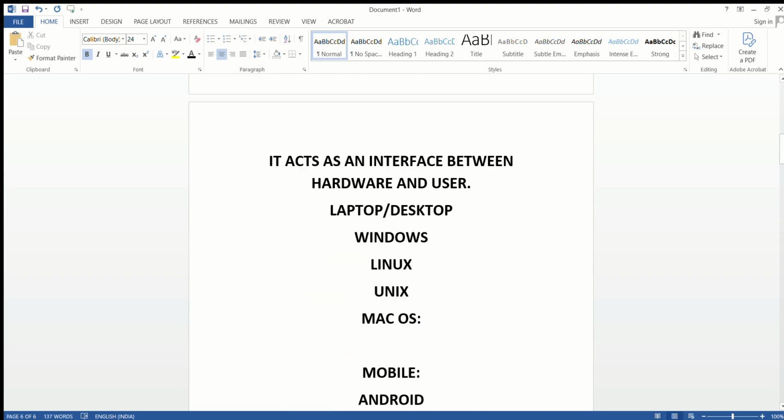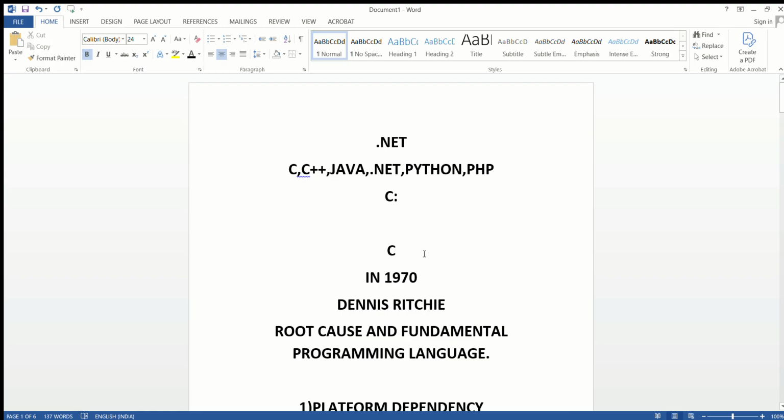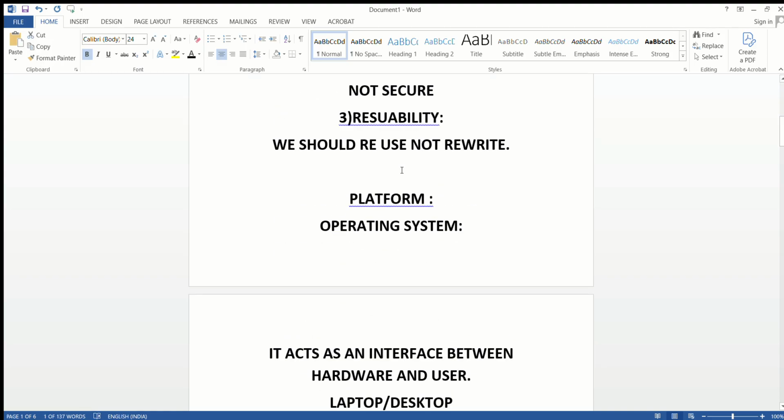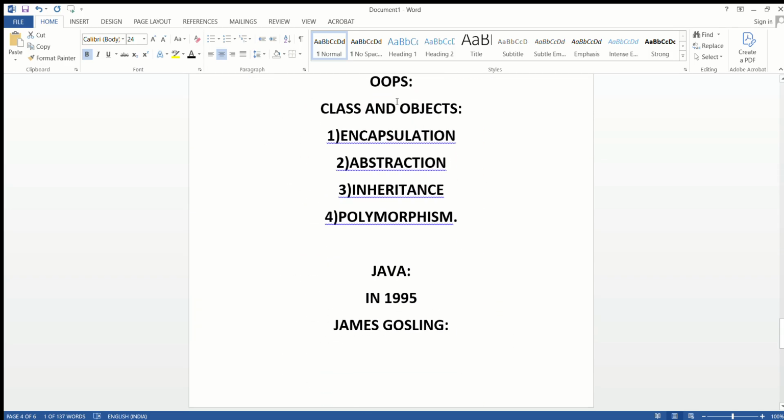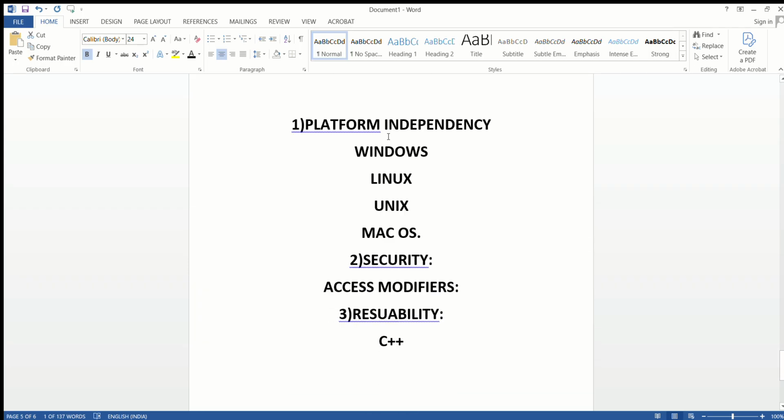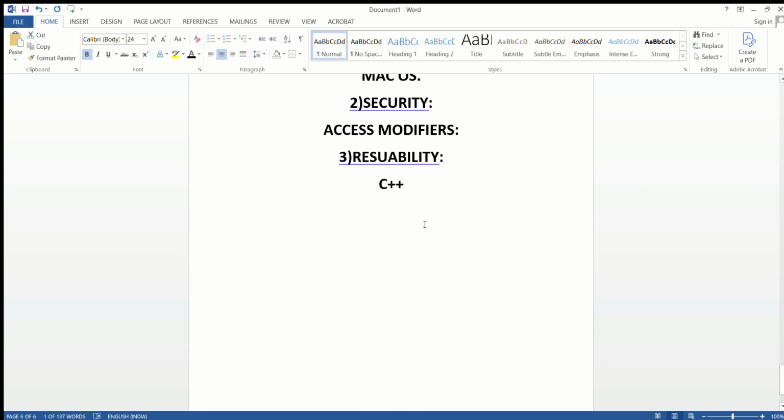Java. Now the question is, why do we need to go for .NET? Because if you are learning C++ or Java, we need to learn that particular language. But if you come for .NET, what is .NET? So why do we need to go for .NET? Because it is not a single programming language. .NET is a collection of